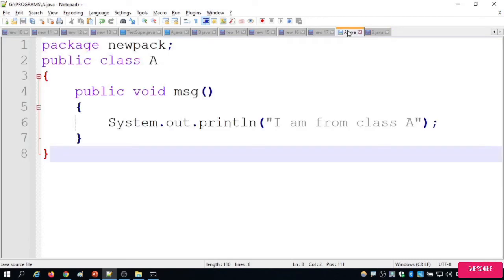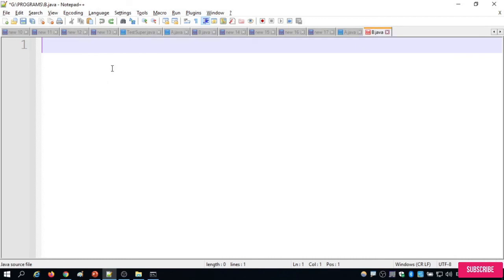I need to use this msg method in B.java. B.java contains nothing, right? I'm going to write a program right now. Package mypack is another folder, another package.